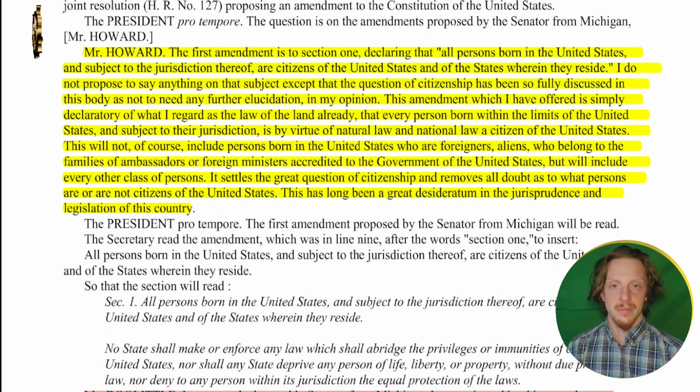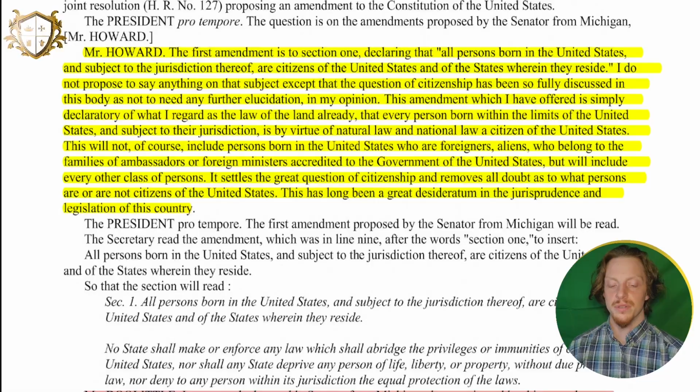We have Mr. Howard, Jacob Howard, who was the one mainly responsible for drafting this amendment. And he says the first amendment is to Section 1, declaring that, quote, all persons born in the United States and subject to the jurisdiction thereof are citizens of the United States and of the states wherein they reside. I do not propose to say anything on that subject, except that the question of citizenship has been so fully discussed in this body as not to need any further elucidation, in my opinion. This amendment, which I have offered, is simply declaratory of what I regard as the law of the land already,